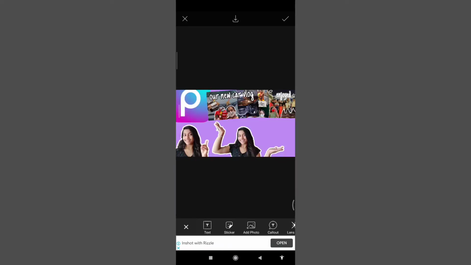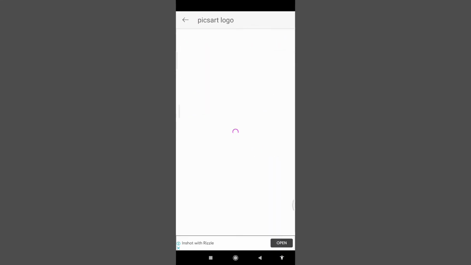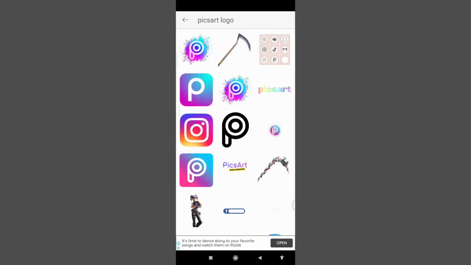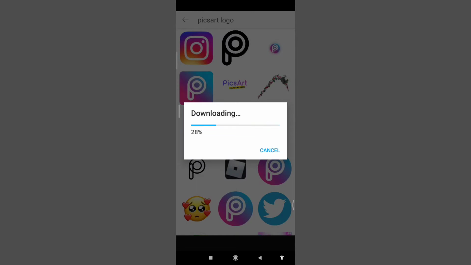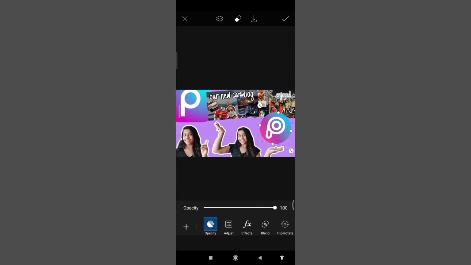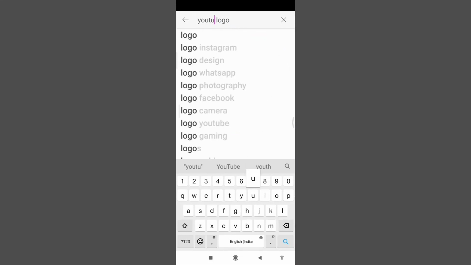Now go to the sticker option and add some more stickers so that it will look more attractive. I would recommend you not to buy any subscription of PicsArt because the free ones are good enough in themselves. Even I don't use any subscription for it. Now you can add one more logo, which is of YouTube, because this thumbnail is for YouTube only.